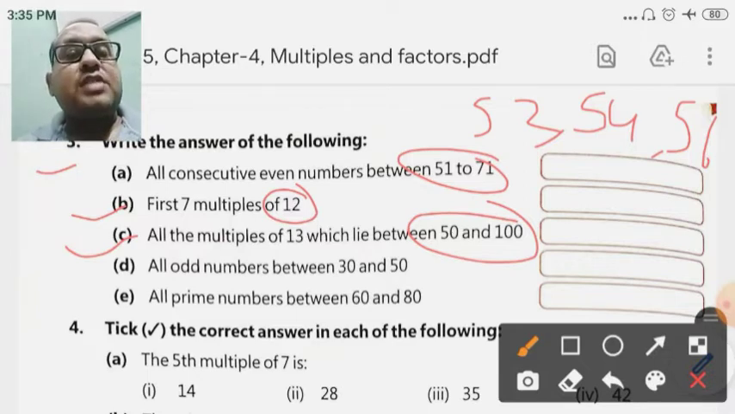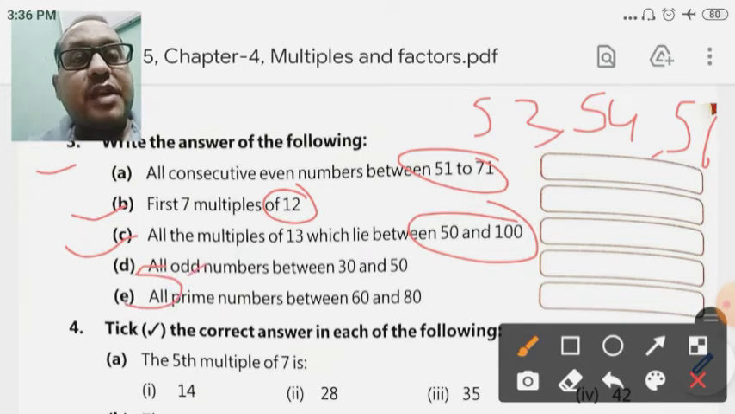So 13 2s are 26, 13 3s are 39, 13 4s are 52, 13 5s are 65, 13 6s are 78. So we have now 13 5s are 65 and 13 4s are 52. So 52 must be greater than 50. So we have to consider 52. Start with 52. First number is 52. Then we have 65. Then we have